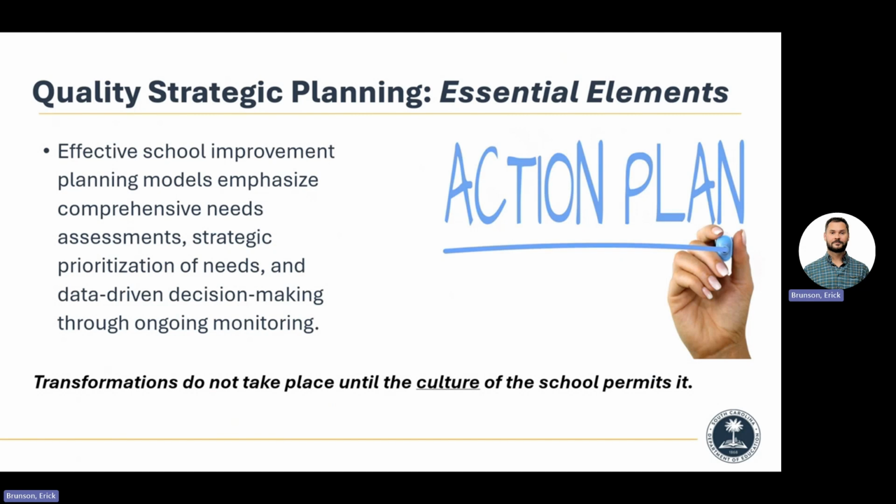But all those things that we talk about that are strategies that are important, one last emphasis. Transformations don't take place till the school permits it. And so if I could give you one piece of advice on that, it's be about kids. Make sure everyone in that building knows that you're there for kids. Because when you won't accept anything less than high standards because you're about kids, people will be okay with that. When it's because I want to become the superintendent, people aren't going to be okay, right? I want my next step, or I want my, no, it's about, I want this for our kids. I want this so that we can say our kids are readers.